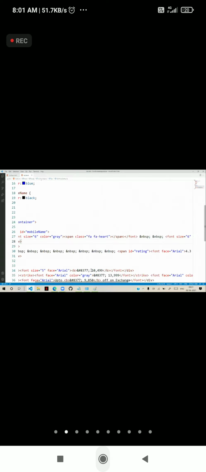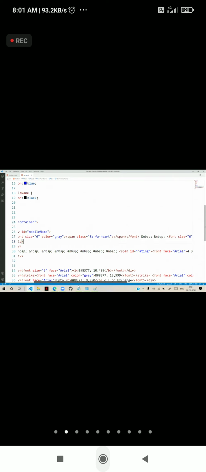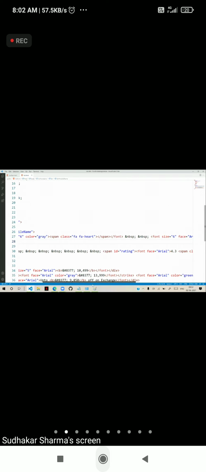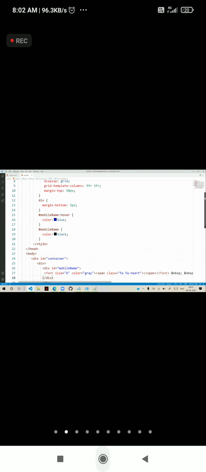Now for that span, you see, for this span I gave an ID as rating. For this ID rating, we need to configure it. So ID rating, we need to define it. So what we do here is, I will put here hash rating, for rating,